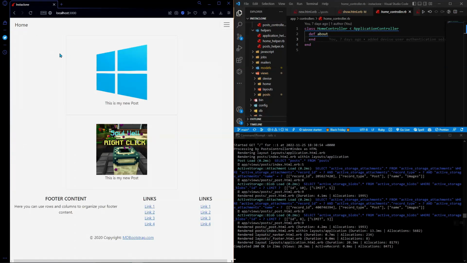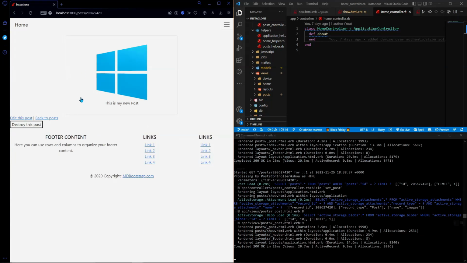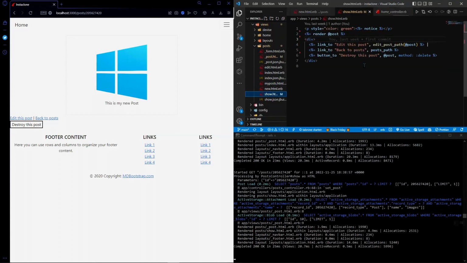So I'm on the home page of my application, and when I go to show a post, it takes me to this page. The first thing I notice about this page is that these three links don't look very nice. So I'm going to go to views, posts, show.html.erb, and the first thing we're going to do